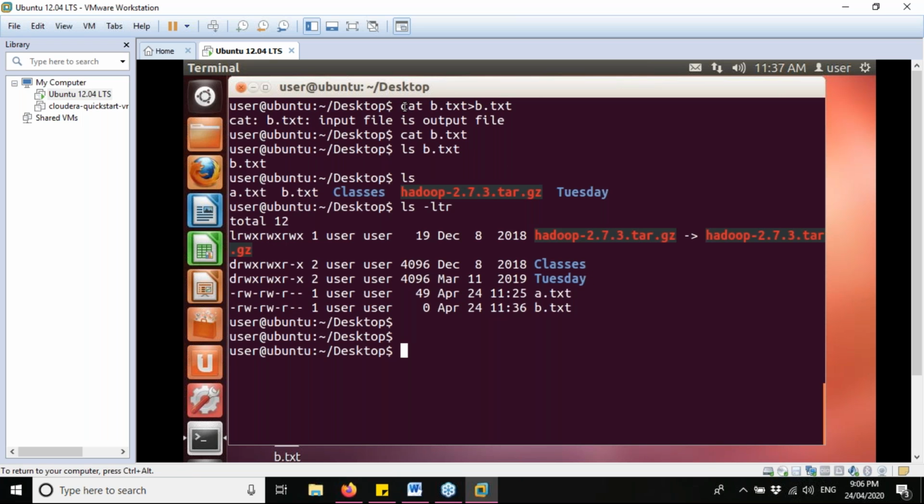Okay, this one, cat space file name greater than sign, again that very file name. And what does it do? It helps in deleting all the contents from that very file. So guys, try this code and I will again spare a minute for you to do the same, and also check this ls -ltr command to see the size of that file, so you can also understand. So do this code and I'll wait for you guys.